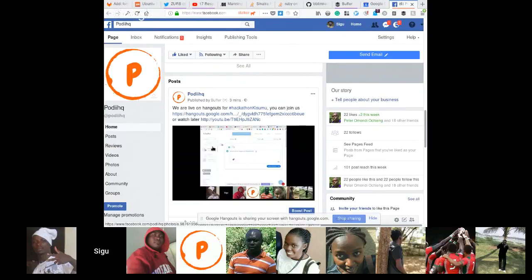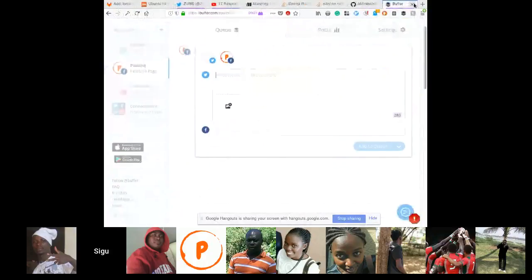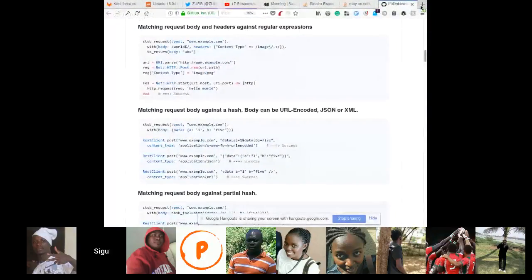Hapo sawa. So tumeona API at least inaweza fanya nini. So for today tunataka kufanya M-pesa. Tunataka kufanya M-pesa APIs. So an M-pesa API is a structured documentation that